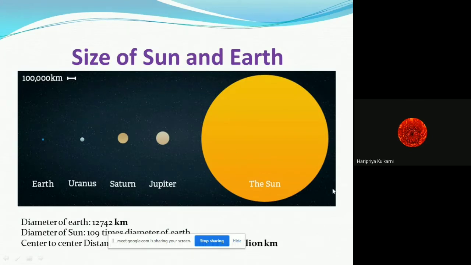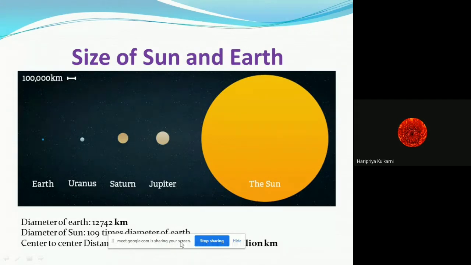You all have done it in your geography, but I'm just revising some concepts to understand how vast an amount of energy is available to us, which is free of cost, and hence nowadays we have started utilizing it properly. The main difficulty in utilizing solar energy was the very high initial capital cost, but due to subsidies offered by the government, many people have now started utilizing solar energy. Just for understanding how big the sun is and what amount of energy we are getting from it, I have given this diagram.